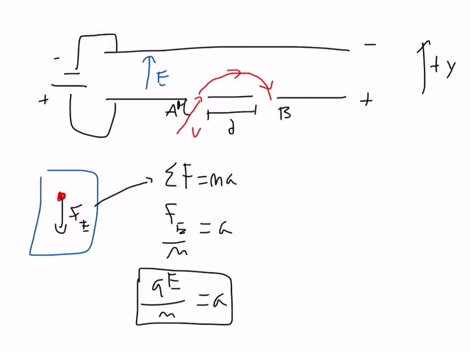So it's an acceleration downward. But we're only asked for the magnitude, so we don't put a negative sign there. But remember, this is an acceleration that's sort of downward in the negative y direction. So part C